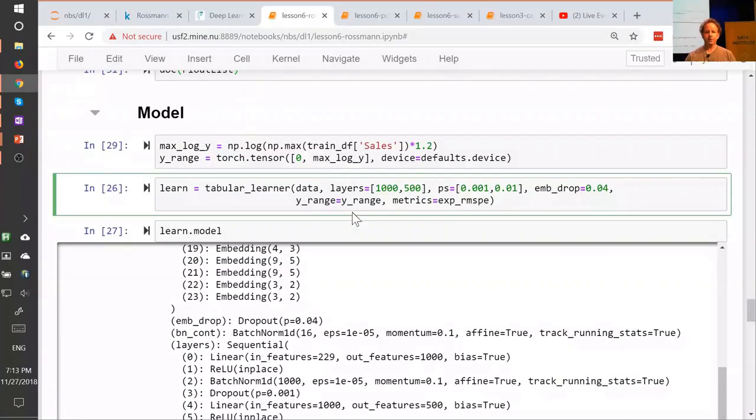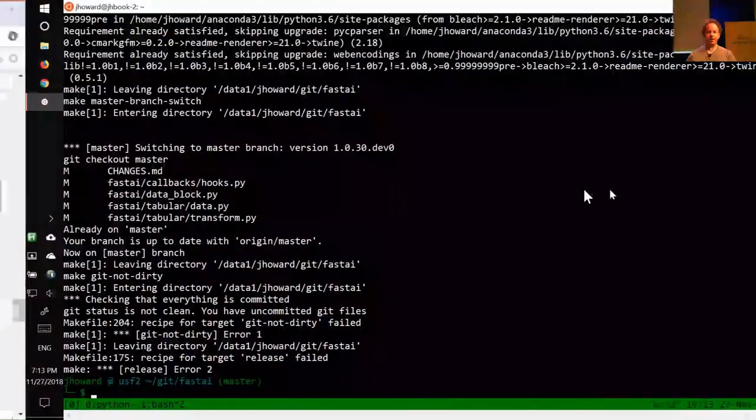So that's dropout. In this case, we're going to use a tiny bit of dropout on the first layer and a little bit of dropout on the next layer. And then we're going to use special dropout on the embedding layer. Now, why do we use special dropout on the embedding layer? If you look inside the